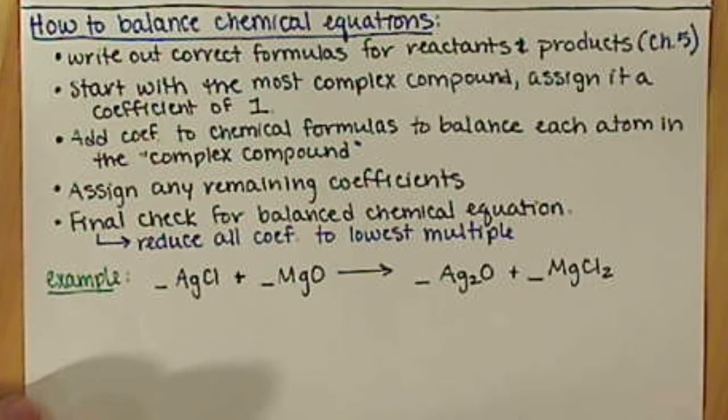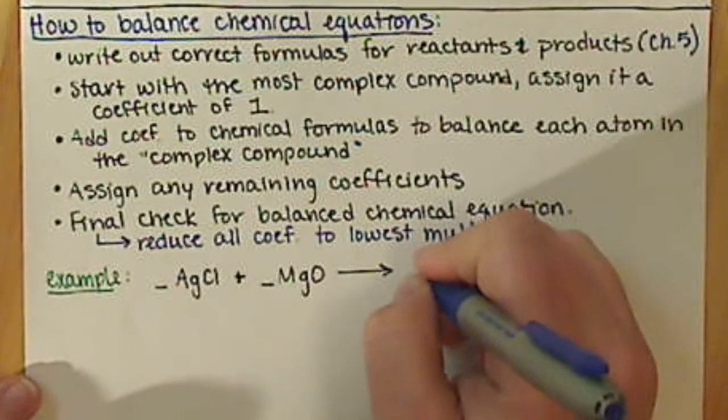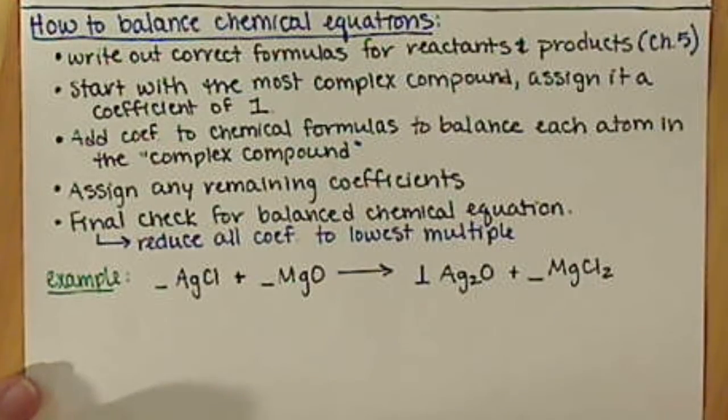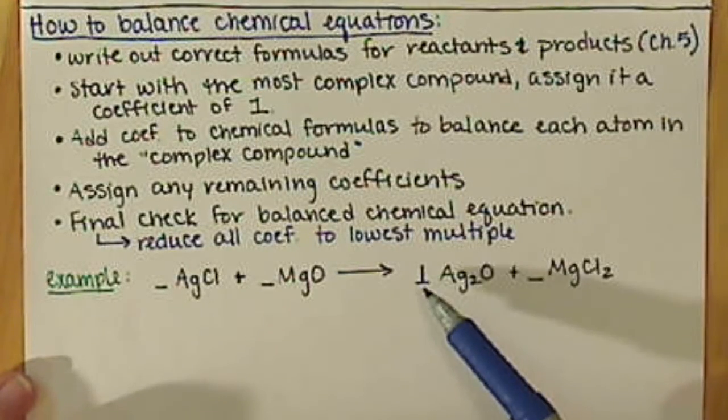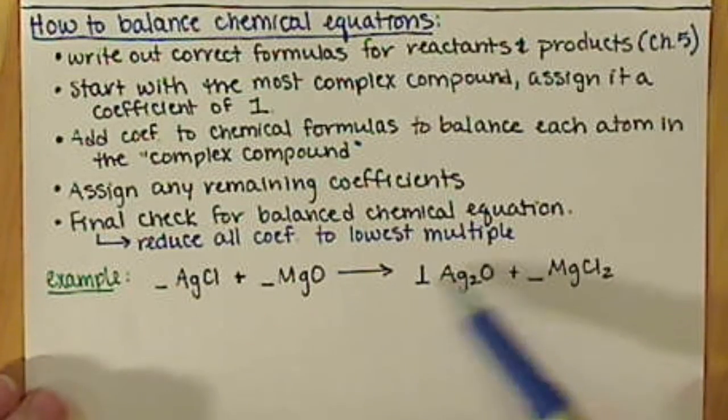Okay. So it doesn't matter where you start. This isn't a very complex example. The most complex compound or the scariest compound is going to vary from person to person, and it really doesn't matter where you start. I'm going to choose to start with silver oxide. I don't know, that 2 by the silver just kind of freaks me out. No reason why. So what we want to do now is add coefficients to balance each